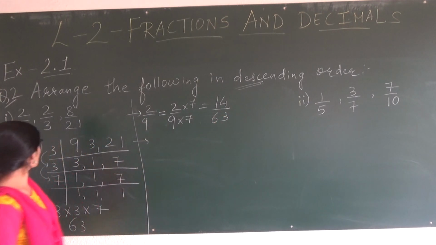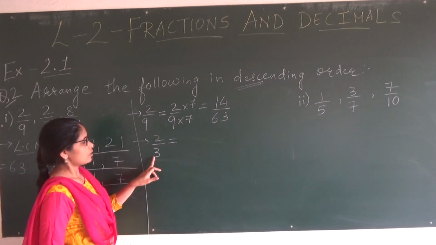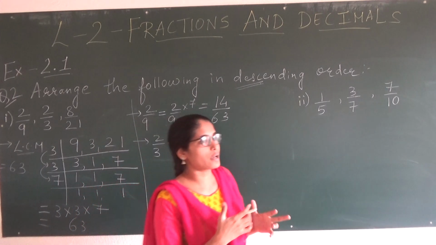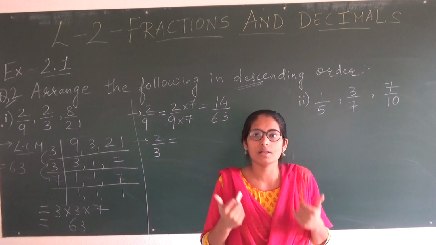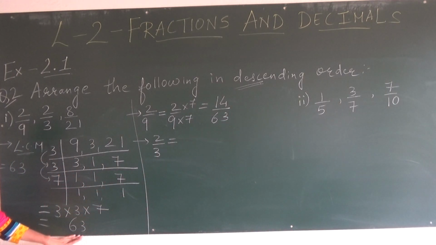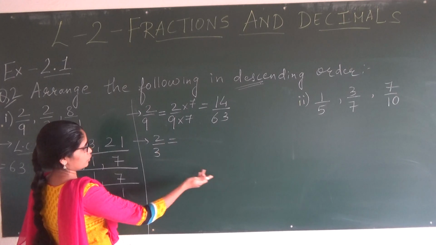Now coming to the second fraction, that is 2 upon 3. Now 3 times how much is 63? Some students may not know this orally, because you know tables only till 3 10 za, 11 za or 12 za. So there is one shortcut to find this. Look here, we have already taken out the factors. We need to find what 3 multiplied by gives 63.